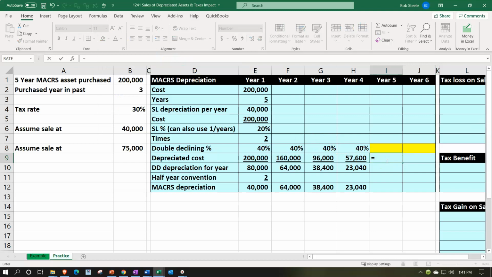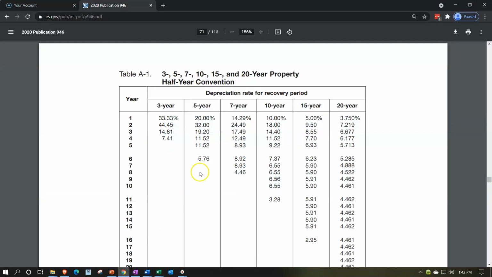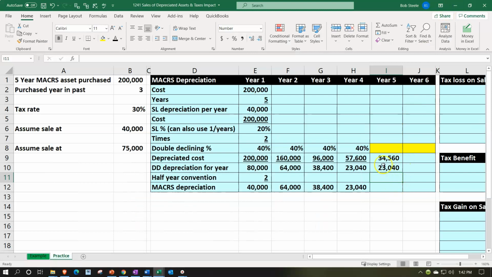We're still going to take the 57.6 minus the 23.40, but I'm just going to use the same number, and I'm kind of mirroring what happens in the double declining here, where the last two are basically the same, meaning the tax code's doing something a little bit funny there. If you use straight double declining, it would probably be okay for an estimate, because these are projections usually. And then the last one is going to be the 34,560